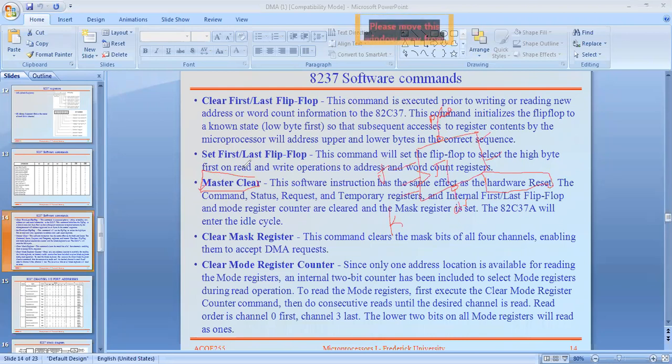Master reset is available in the master, that is, the processor or controller. When we press master reset, it clears all the registers available in the master itself, and also clears the slaves connected to that master. That is the difference between master clear and master reset. Understand? That's why it is not called master reset, just master clear.